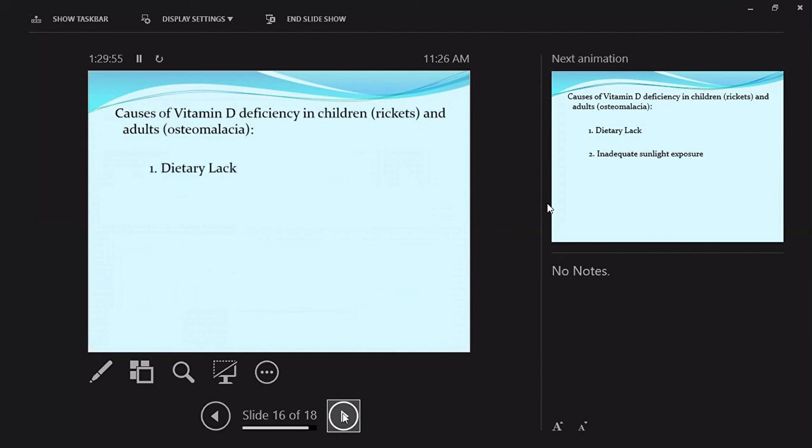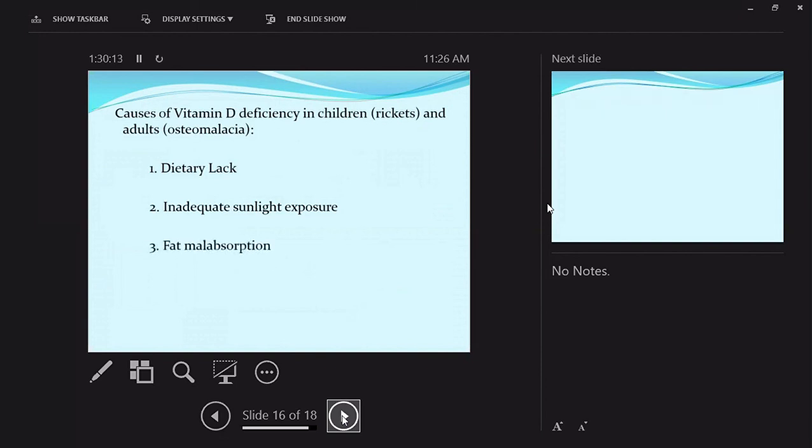Lack of vitamin D in the diet. Inadequate sunlight exposure. We don't have inadequate sunlight in the Philippines because we are in the tropics. Fat malabsorption. If fat cannot be absorbed,